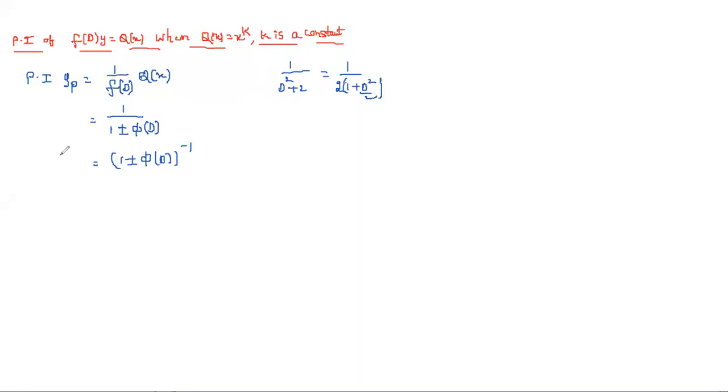Here we need to apply derivatives, it's mandatory. So derivatives must and should be applied here. Okay. So this is the process you need to remember for applying the third method. First of all, for calculating yp, we write 1 by f of D into Q of x, and next it should be in the form of 1 plus or 1 minus. So 1 has to be there. Remember that, you need to remember it blindly.